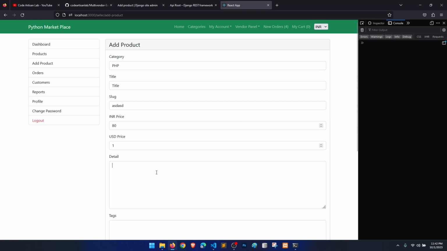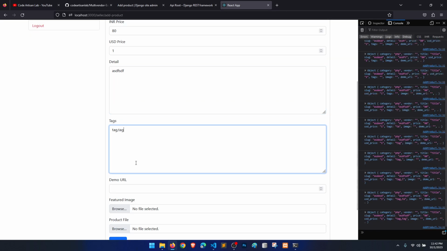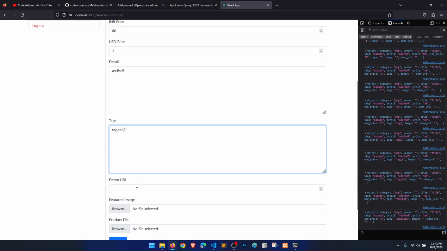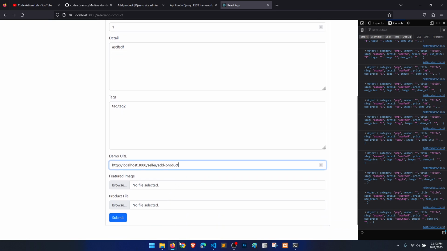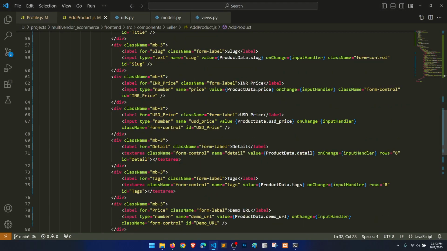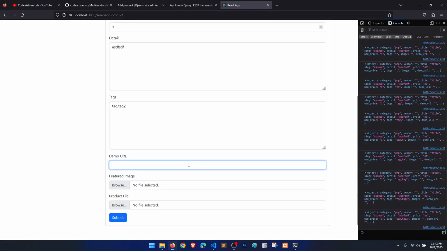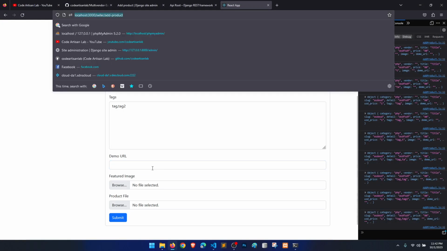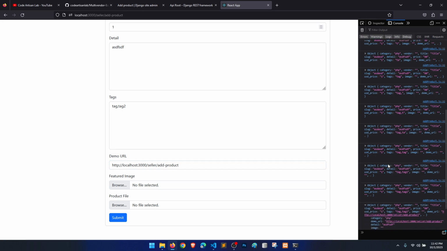All right, detail is something, tag is 1, tag 2, demo URL is something, it should not be a number, so it should be text, or it should be URL actually, right? So we'll copy here, paste here. Okay, everything it is showing now,